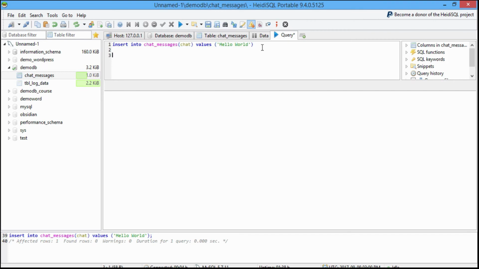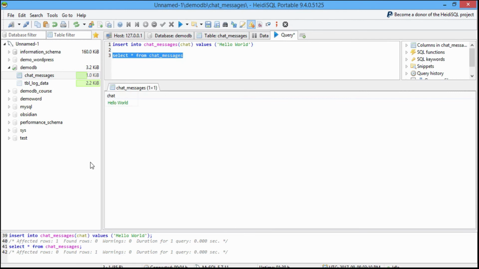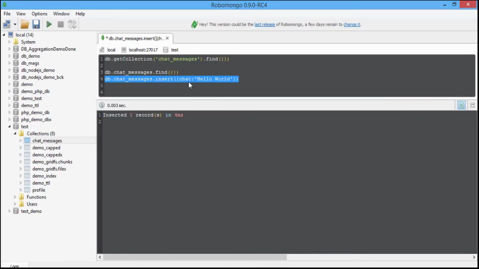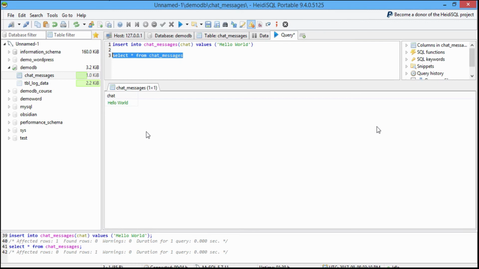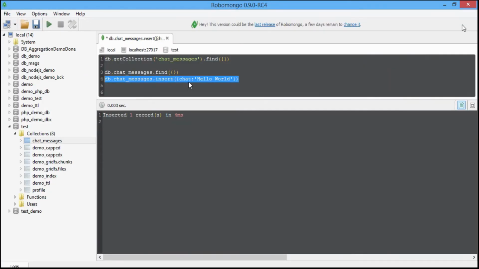Successfully inserted. Now let me select from the table. So this is the text content present in that table. In MongoDB it's the same but in a different manner. So this is the difference between SQL and working with MongoDB JSON data.